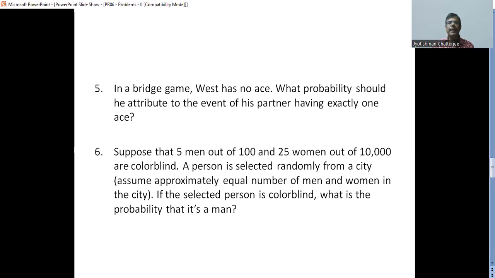Question number 5. In a bridge game, West has got no ace. What probability should he attribute to the event that his partner has exactly 1 ace? So West has got no ace and he is just trying to find out the probability that his partner, who